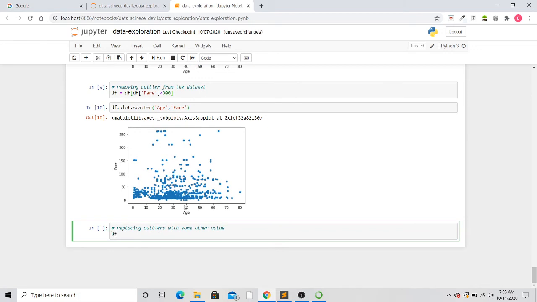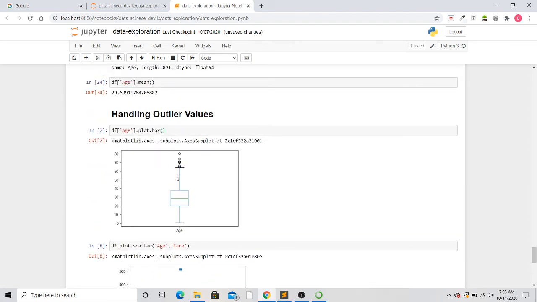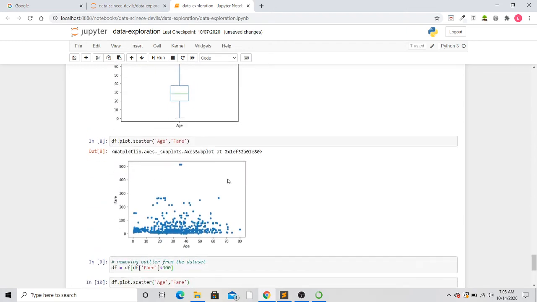For that you have to use a method named loc to get the location of those data points where my age is greater than the maximum age, and my maximum age was 65, or you can write 62 also, because it is something greater than 60 and less than 70. So I am taking 65.